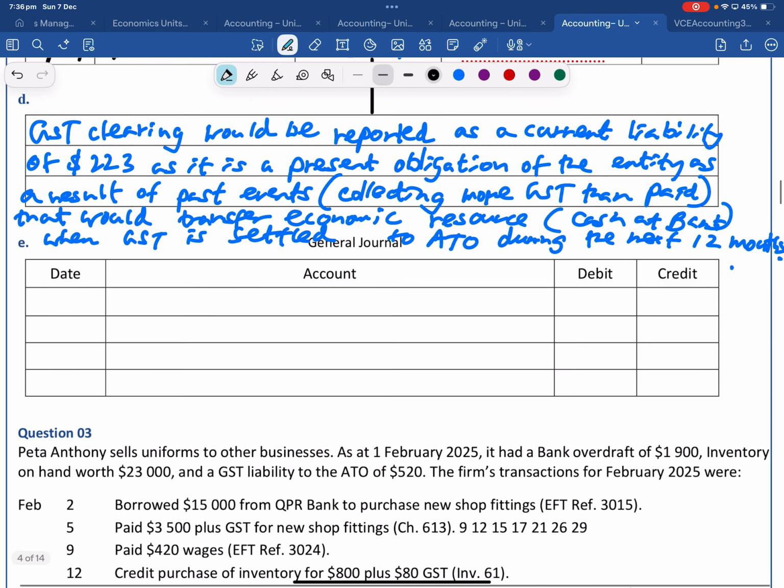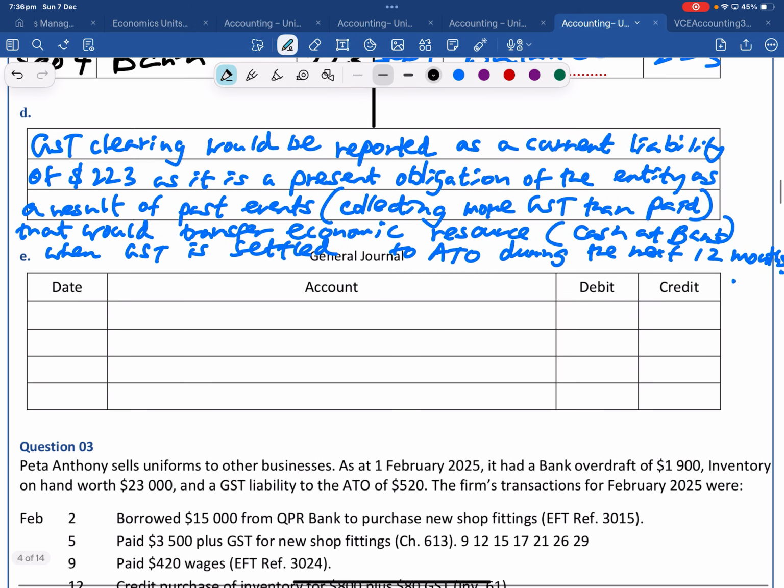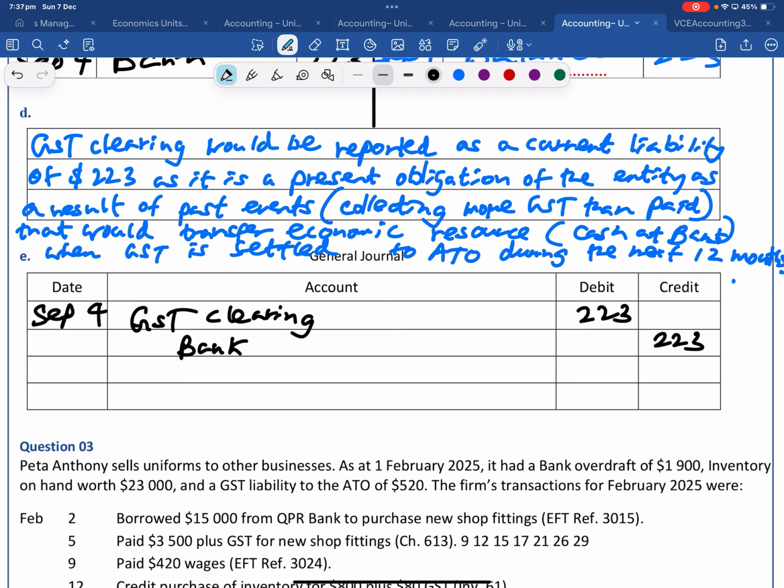Okay then guys, what's the double entry if it was in the general journal? Yes, September 4th. What do you debit? GST clearing. How much? 223. Bank credit 223. Okay, now I think for the